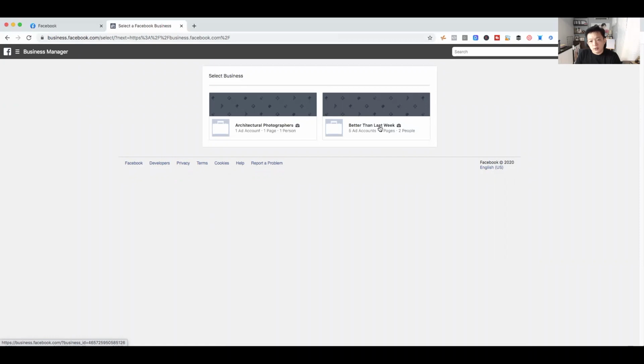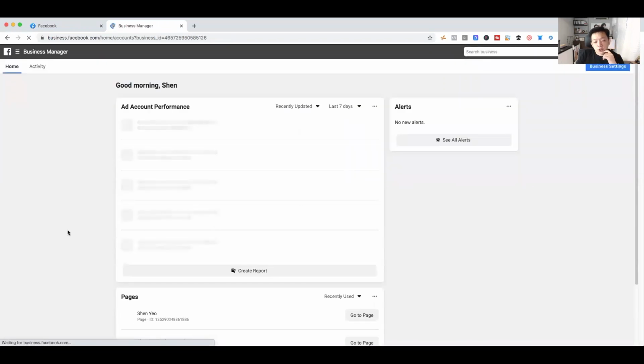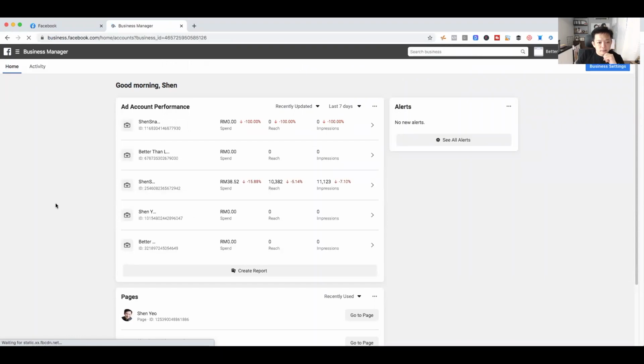So how to do it? Just Google how to set up a Facebook ad account, something like that, and Google will lead you how to register one. And actually, it's very simple and easy. So the reason we don't use the boost post button there is because there are some limitations, but we always refer back to the real one, the actual one,